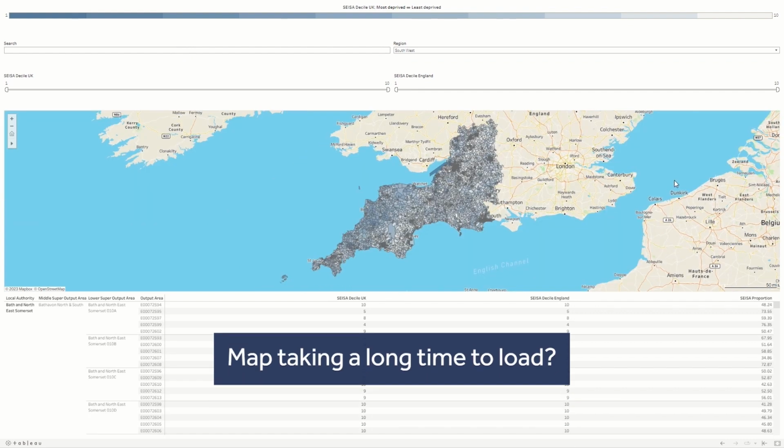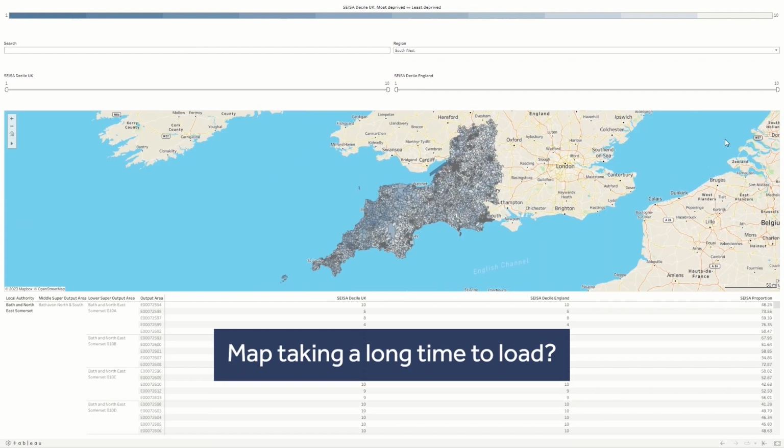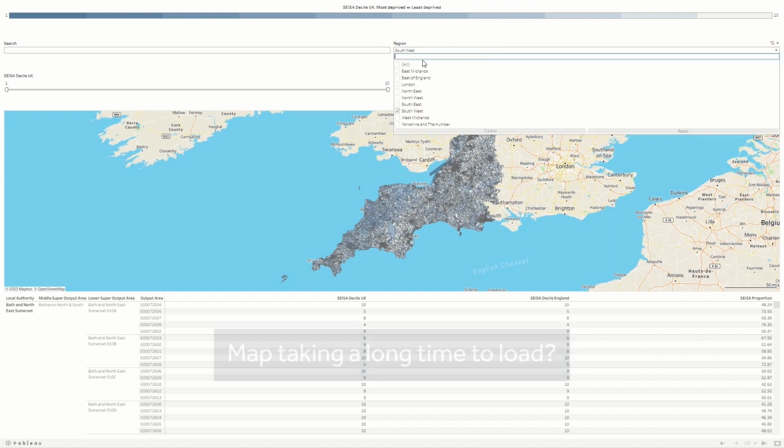There are several reasons the maps may take a few seconds to load. The main reason will often be that you are attempting to load a large number of areas. The more data you are trying to load, the slower the maps will be. For example, if you try to load the whole of England, this will take longer to load than if you are trying to load one middle super output area. Your internet connection will also impact the speed of loading. The faster the connection, the faster the maps will load.